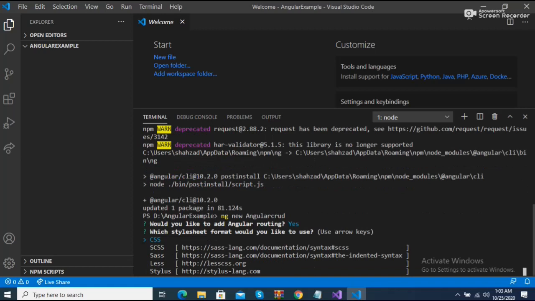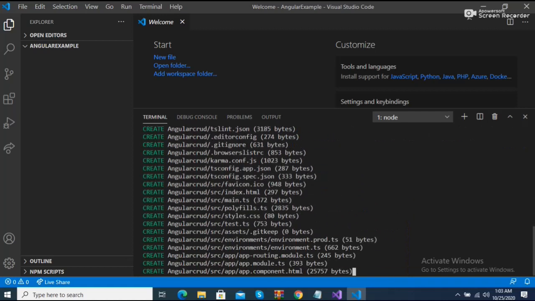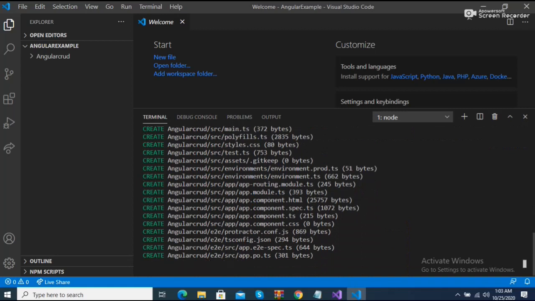After that, it asks which stylesheet format would you like to use. I'm just using CSS. After all these things, now you can see on the screen it creates the Angular app and installs app.component, modules and node modules into the directory of my project. So it takes time.